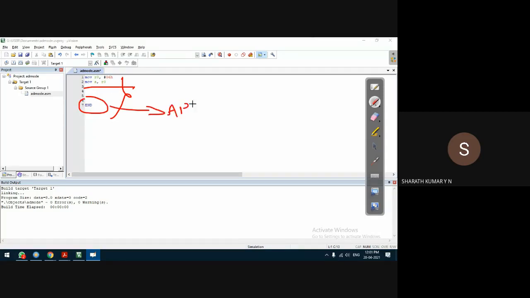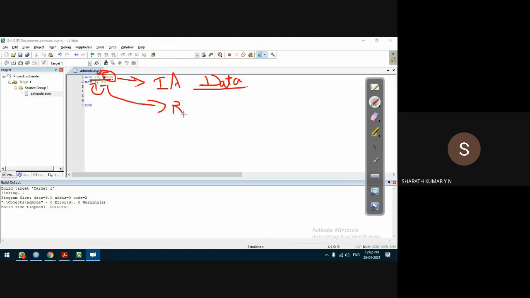Guys, let us observe what we are doing in this program. The first instruction will transfer the data 06H into register R0, and the content of R0 is then transferred into the accumulator. What is the addressing mode of the first instruction? Immediate addressing mode. Why? Because the data is part of the instruction. When the register is part of the instruction, it is called register addressing mode. But the condition is that one of the registers has to be the accumulator.